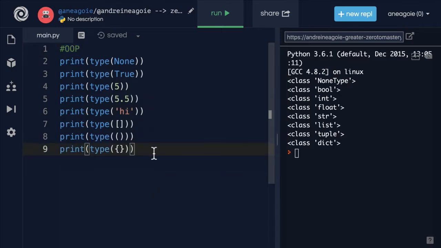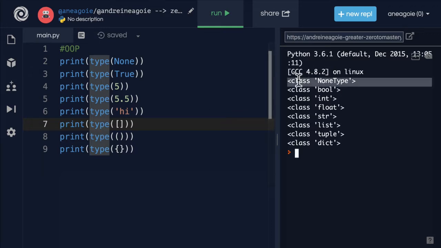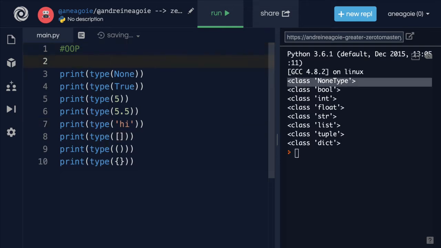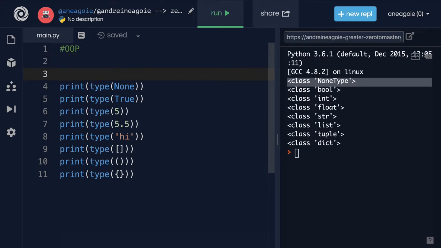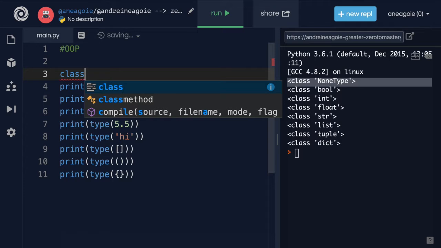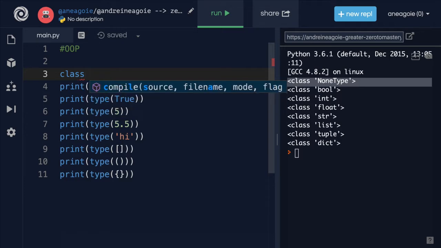this idea of objects and modeling. And we've seen this when we use the type. We see that everything is an object because we use this class keyword. But what is this class keyword? In Python, I can create my own data type, my own class, by simply saying class. And then afterwards, I can name it whatever I want. Let's say class big